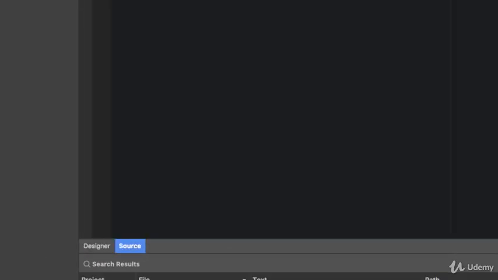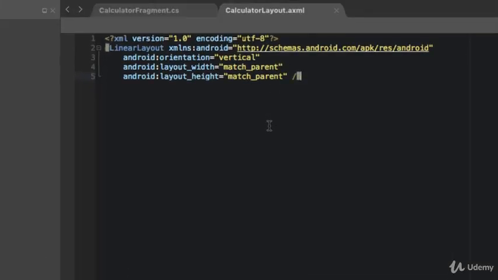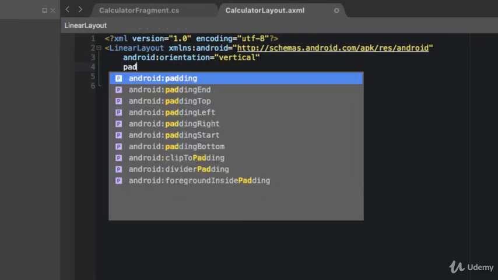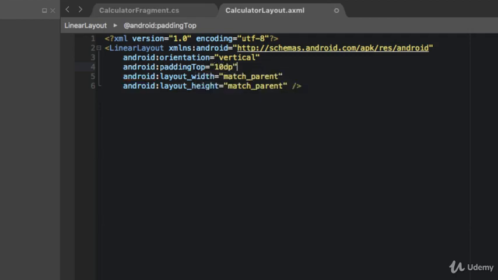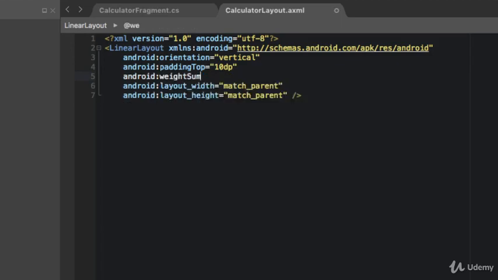So we're going to click source, and we're going to edit this file right here. So we're going to add padding to the top, 10 dp, and we're going to add a weight sum and set that to 100. So this weight sum allows us to divvy up whatever views are inside it by setting a weight to that